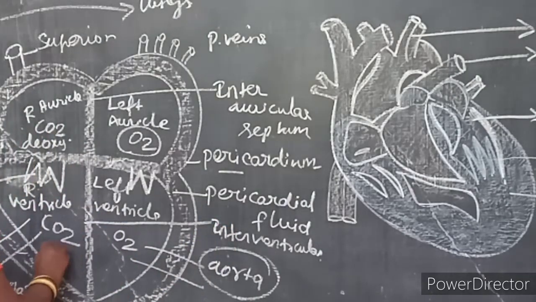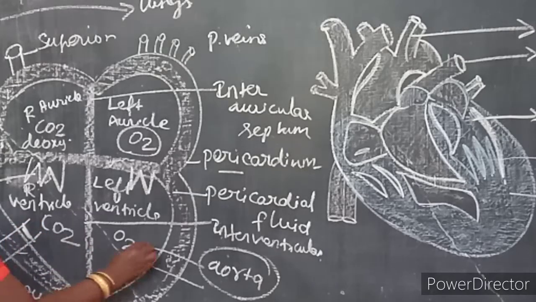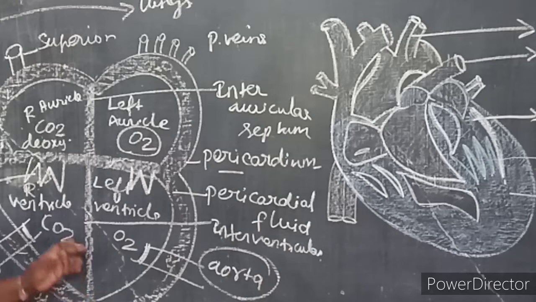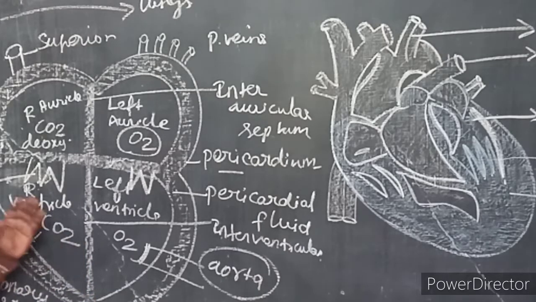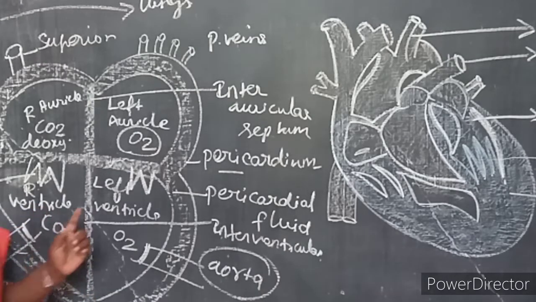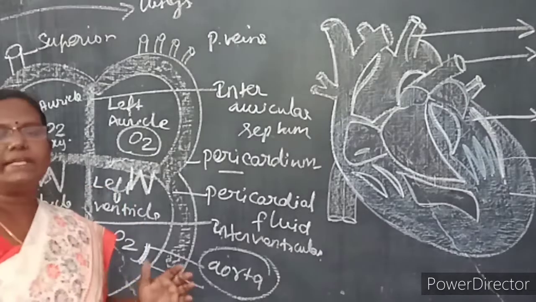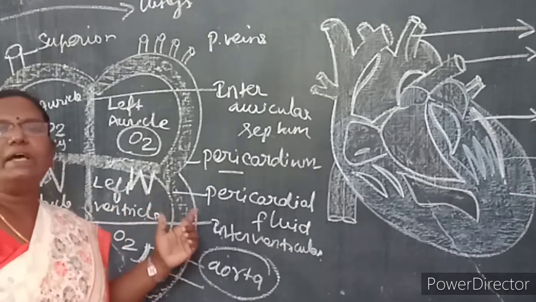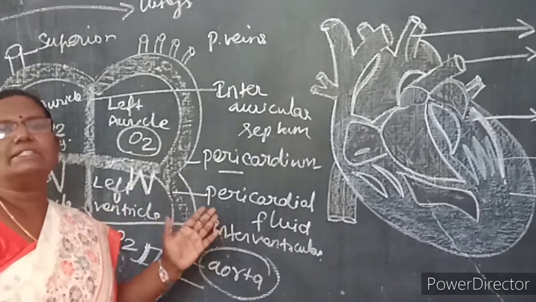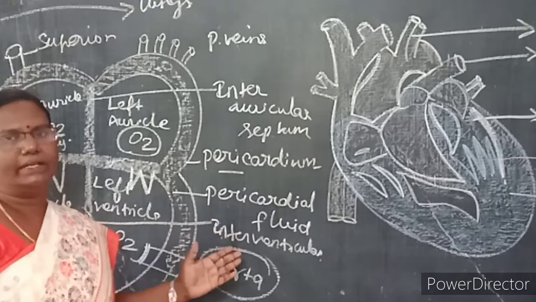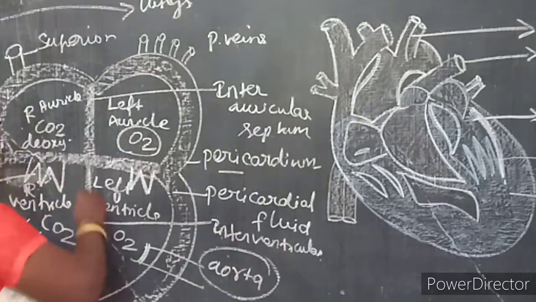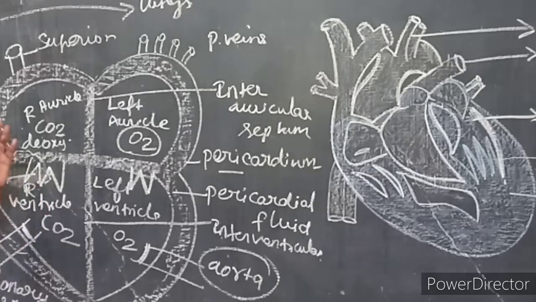Then the pulmonary artery, arising from the right ventricle, and the aorta, arising from the left ventricle, are bordered by the semilunar valves. So what's the function of this valve? It prevents the backward flow of the blood. The semilunar valves in the pulmonary artery as well as in the aorta prevent the backward flow of the blood. Is it clear? It's in a simple manner. It's very easy.